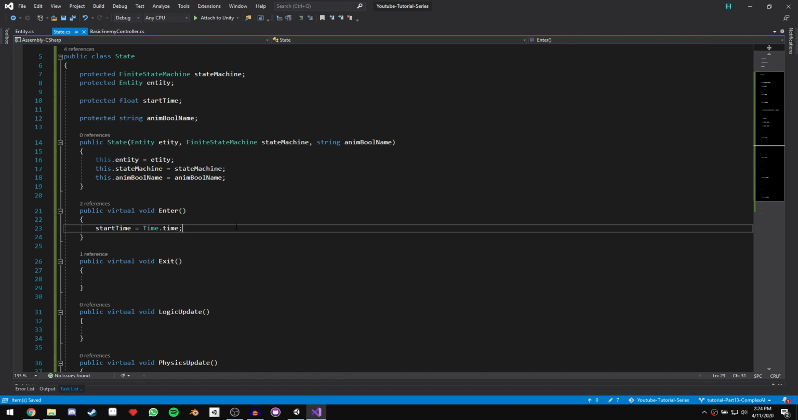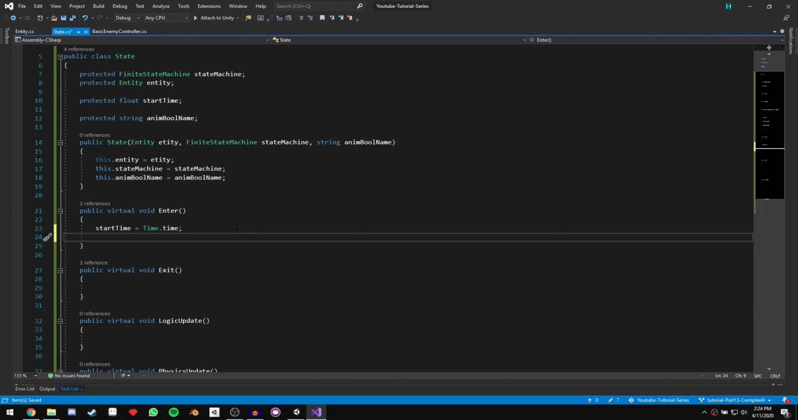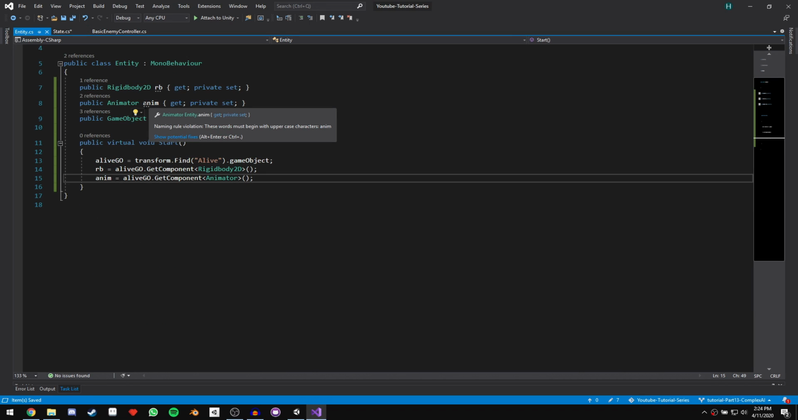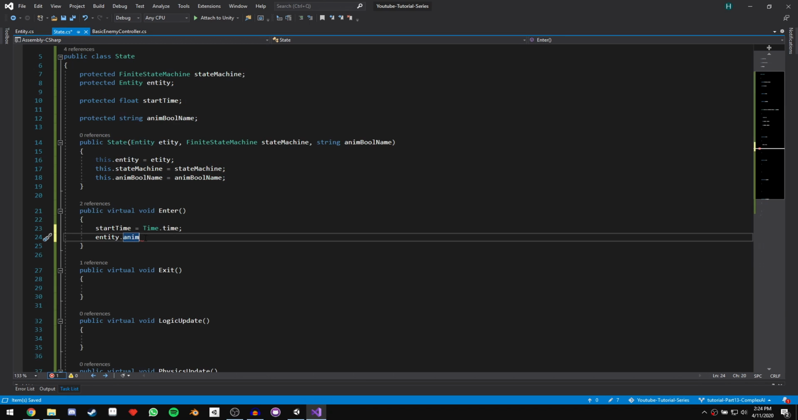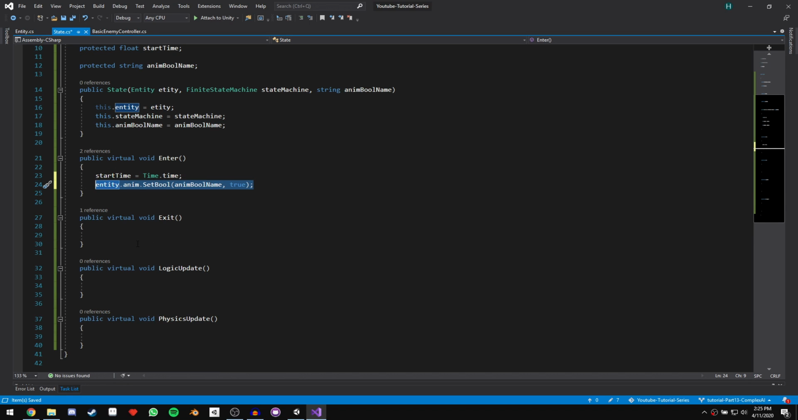Now what I want to do is in the enter function, I want to reference the animator on our entity. So I will say entity, which is being kept track of, dot anim, which we can get because we have a getter for our animator. And then I want to say dot set bool, and the Boolean name is going to be anim bool name, and the value is true. We can then just copy this and paste it in our exit function and set it